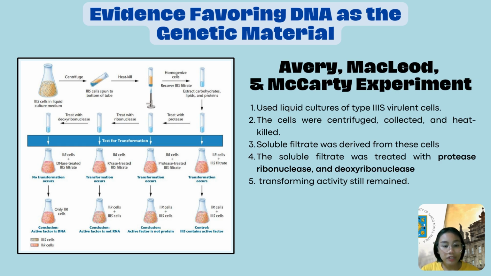So here, they used a purified extract from the heat-killed Streptococcus pneumoniae, or the S strain, and then the extract was treated with various enzymes to selectively destroy proteins, RNA, and DNA. So they used protease, ribonuclease, and deoxyribonuclease. They then mixed these treated extracts with the live R strain bacteria and observed whether the transformation into the virulent